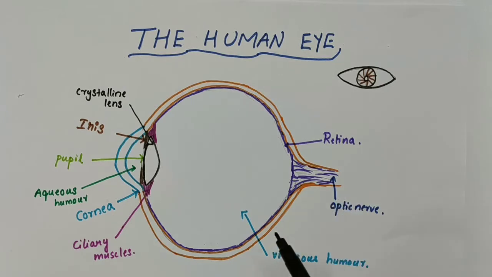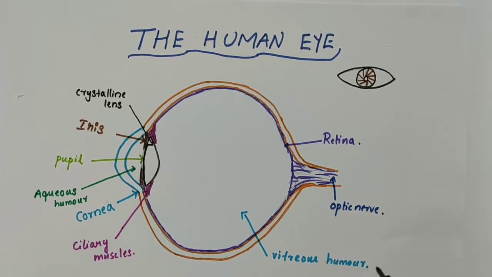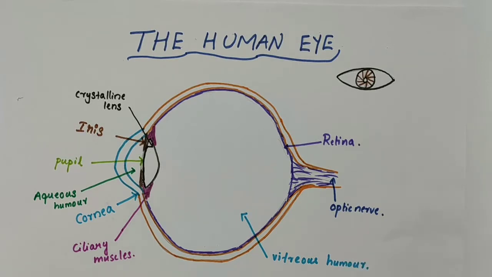Our eyes use light and enable us to see objects around us. We are unable to see anything in a dark room. Why? Because no light is there to see the objects. Right. That is, when an object reflects light that falls on it, and when this reflected light comes to our eyes or is received by our eyes, we see that object. Otherwise, we won't be able to see that object. So in this video, we are going to discuss more about the human eye.